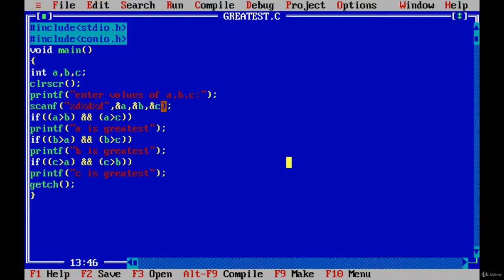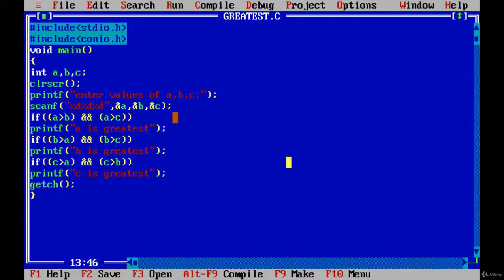So after declaring the variables of data type integer, now the message "enter values a, b, c" will be printed on the output screen. Scanf reads the values from the keyboard and stores them in memory, that's why &a, &b, &c. In those memory locations, the values will be stored.